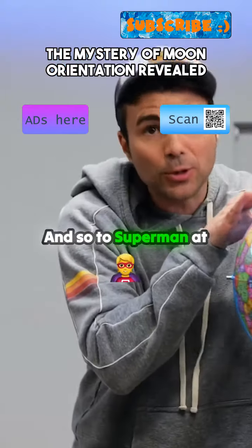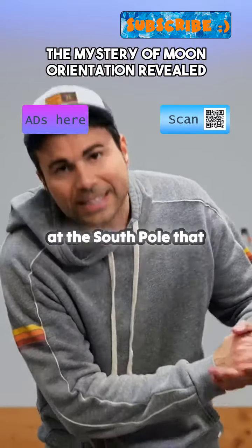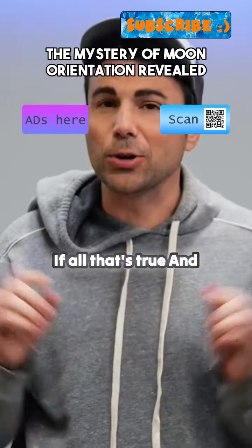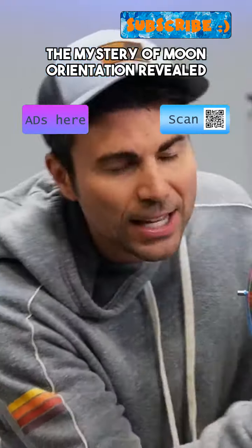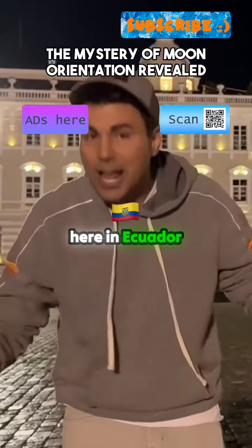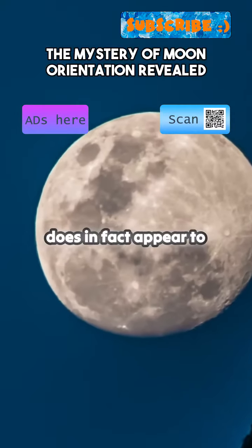And so to Superman at the North Pole, that arrow would point up, but from the perspective of Thor at the South Pole, that arrow would point down from his perspective. And now I know what you're thinking. If all that's true, then which way would the arrow point if you're Spider-Man standing here at the equator? Well, according to our model here, it should be sideways. And sure enough, here in Ecuador at the equator, I'm happy to report that the moon does in fact appear to